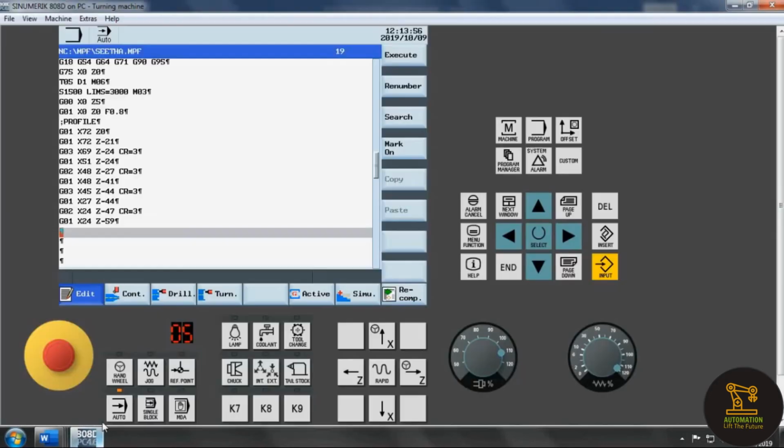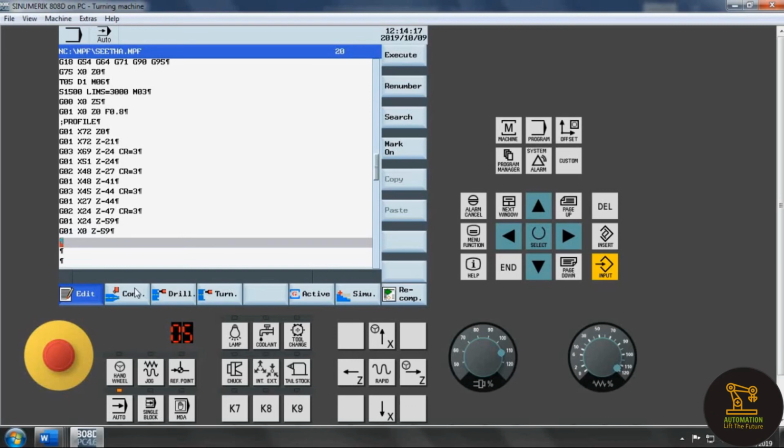The tool is inside the workpiece, so we have to write the retraction points. So G01, X is 23 or 21, you can give 22, anything. So I was giving 23. Then directly X is 0, so Z is minus 59. So I was retracting to that point. So again we can retract to the outside of the workpiece. So G01, X is 0 and Z is minus 5, you can give, Z is minus 55. So I was first retracting safely.